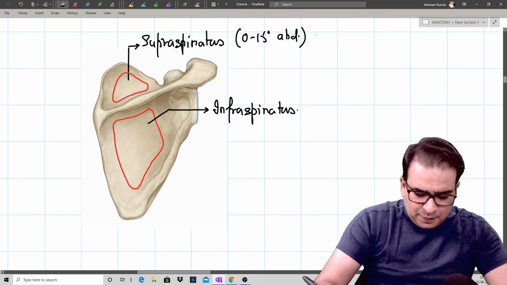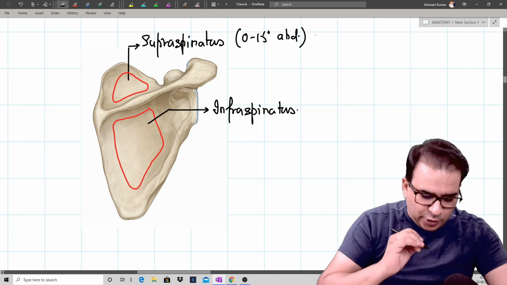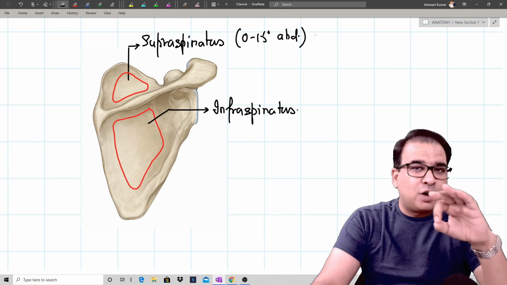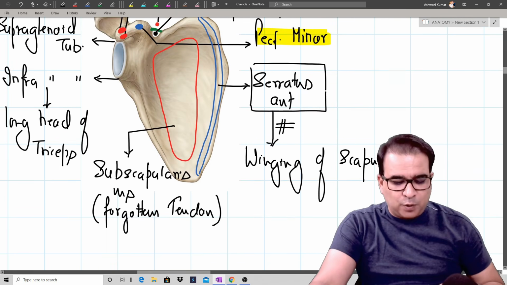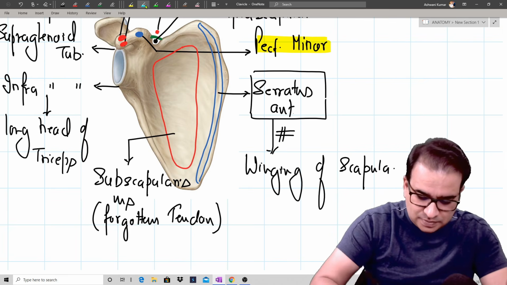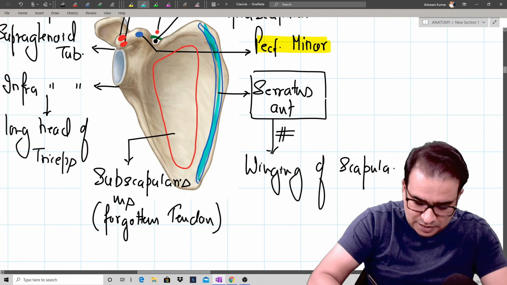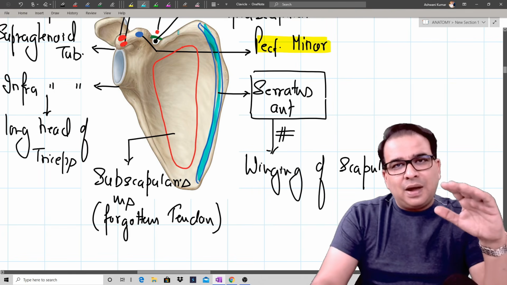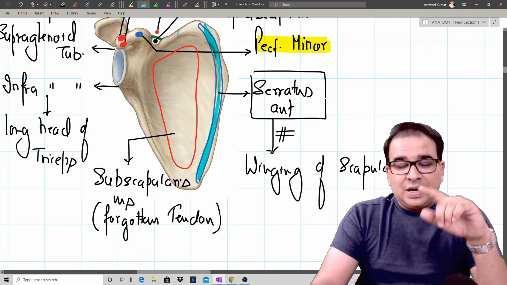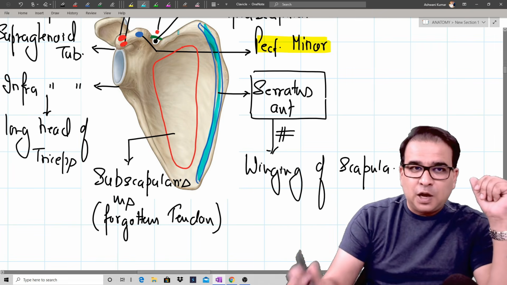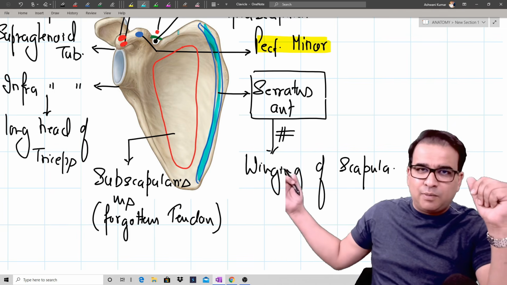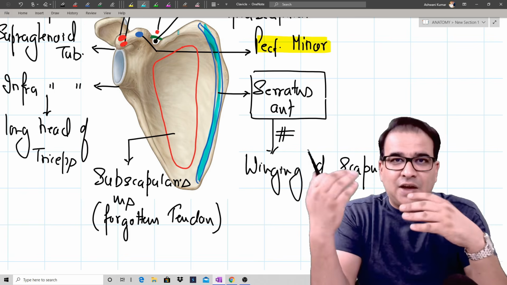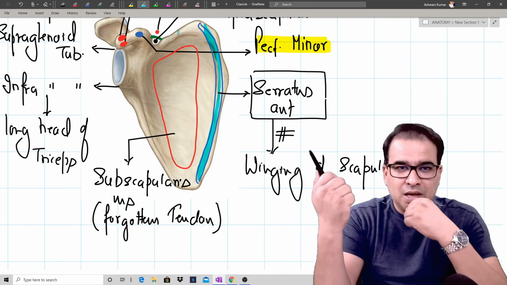Okay. Before we go to the muscles toward the lateral border, I want you to focus on the medial border. One thing you noticed in the previous picture, guys, is that the medial border of the scapula on the costal surface is providing insertion to serratus anterior. So this is a point of insertion of a muscle, the medial border. And I would recommend you to remember that the medial border of the scapula is actually for insertions only, whereas the lateral border of the scapula is for origins. Now, if you look at the lateral border, the glenoid cavity is along the lateral border only. And along the glenoid cavity, we have origin of the triceps and the biceps.